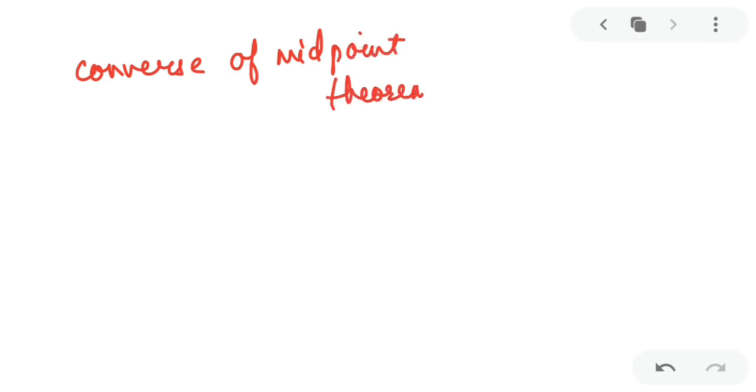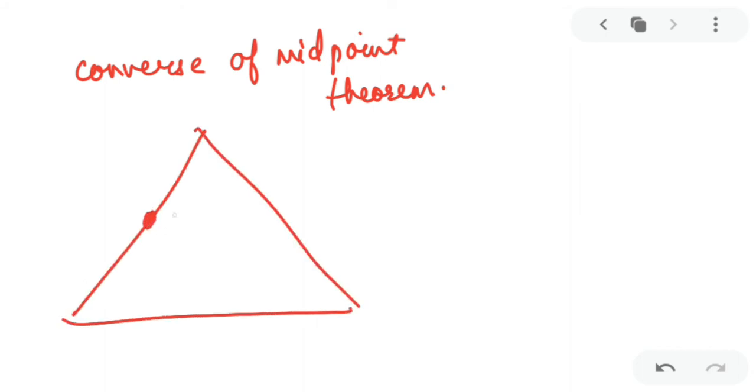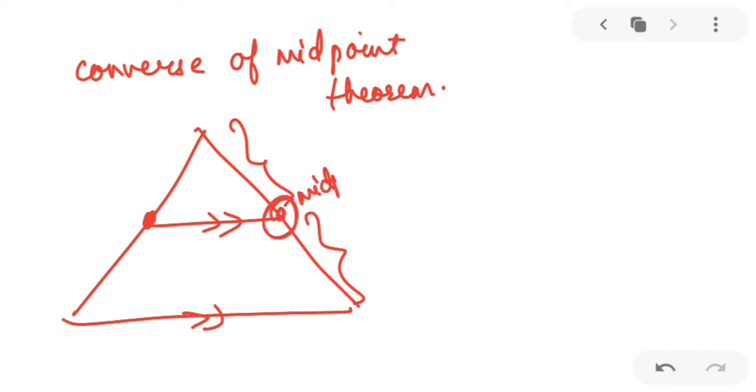Next, my dear kids, it is the converse of midpoint theorem. What does converse of midpoint theorem say? That if the straight line is drawn through the midpoint of one side of a triangle parallel to the other side, it will bisect the third side. That means here this point will also become the midpoint automatically. So if I have given you ABC triangle, P is a midpoint. From P one line is drawn which is parallel to BC, then this Q will automatically become a midpoint. This is converse of midpoint theorem.